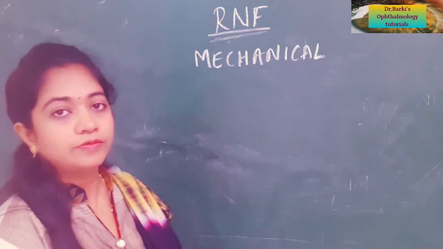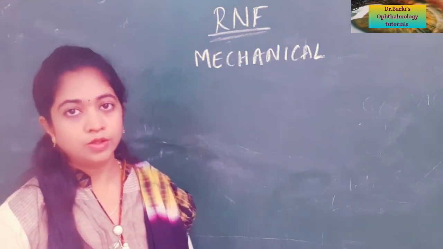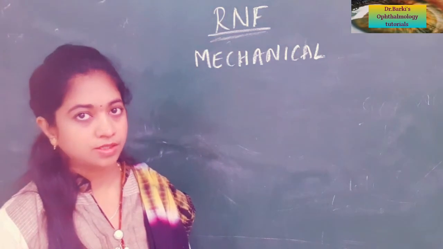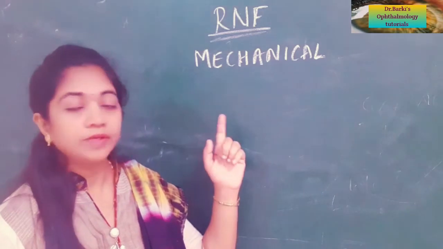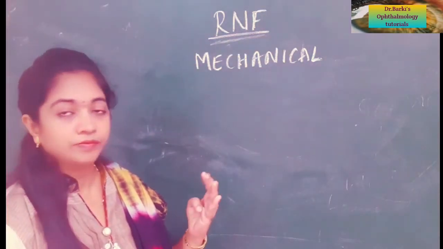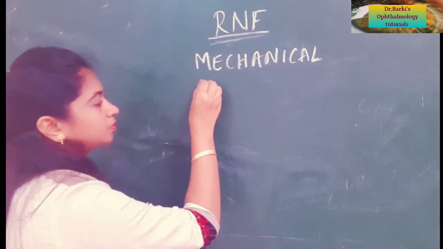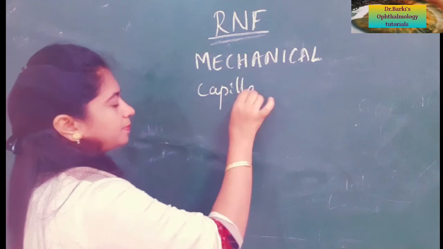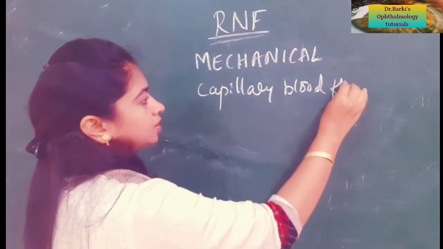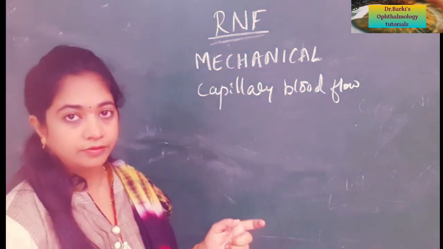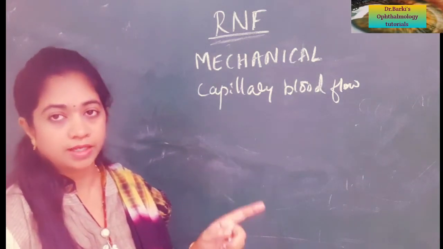This is mainly because of increase in the intraocular pressure. Normally there is some pressure within the eye to keep it distended and to carry out some functions. If it is more than the normal range of 10 to 21 mm of mercury, that will lead to mechanical changes. Initially, when the intraocular pressure rises, it will lead to compromise in the capillary blood flow along the retinal nerve fibers, and it will also disturb the axoplasmic flow, thereby leading to RNFL damage.